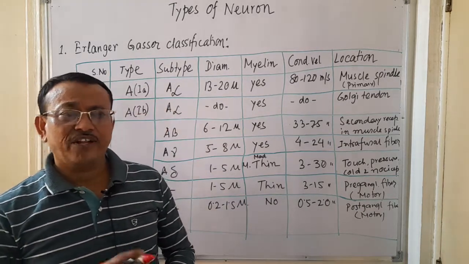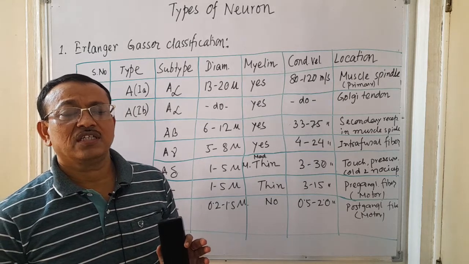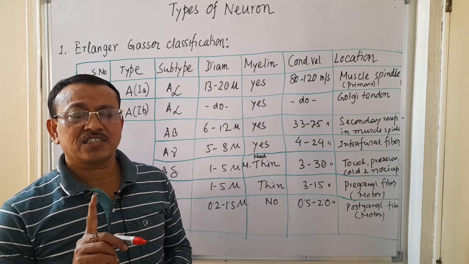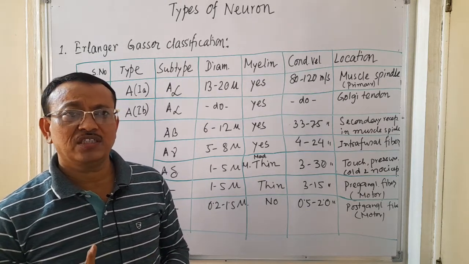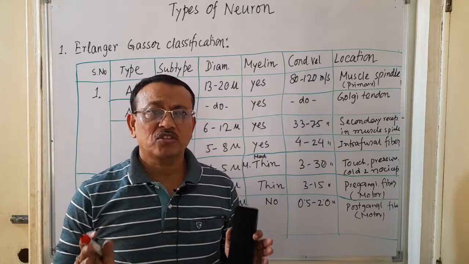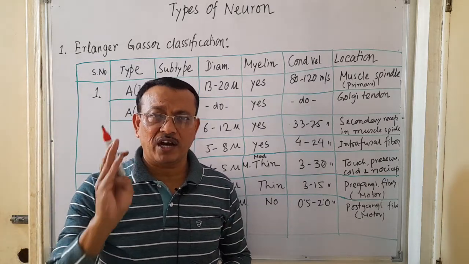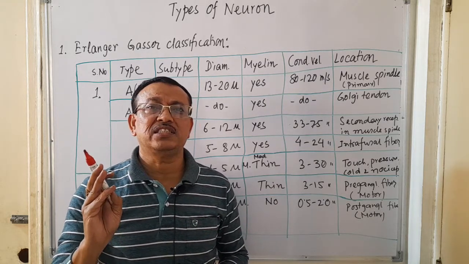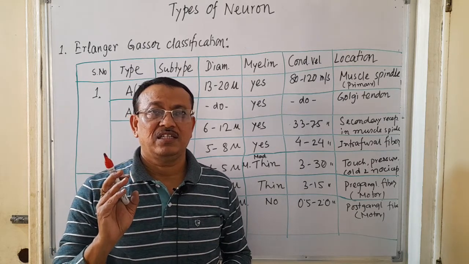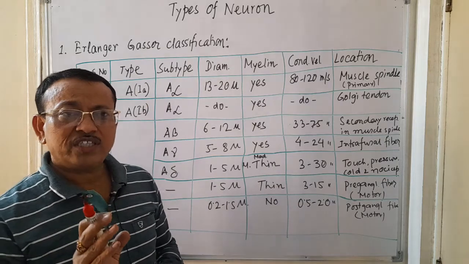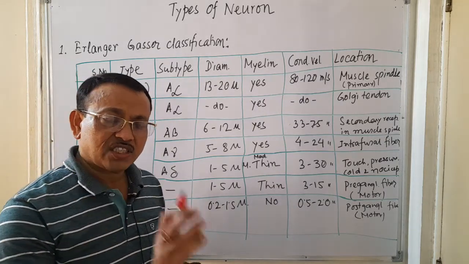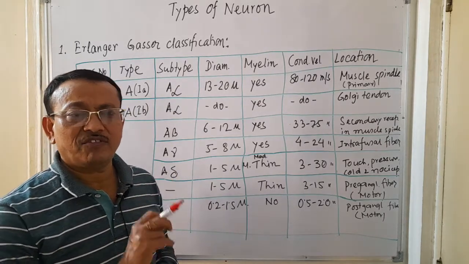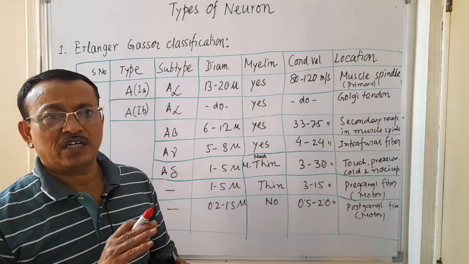In the last video, I talked about the first component of the neuromuscular system, that is the structure of the neuron. As I told earlier, the neuromuscular system is comprised of number 1, nerve, number 2, neuromuscular junction, and number 3, the muscle, out of which the structure of the nerve or the neuron I discussed in my earlier video. If you didn't see it,